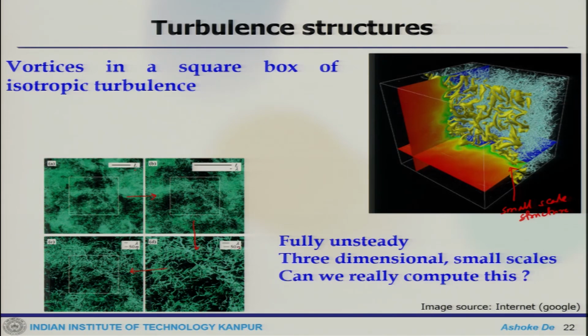This is L and lambda, and eta. These are some sort of scales which are used in turbulence, and we will discuss these things, but when you go to lambda or eta, these are the limits of small scale and defined by different scientists. This is the Taylor length scale, this is the Kolmogorov length scale, and this is an isotropic box, and if you zoom in these pictures you can see which is quite unsteady in nature. This is truly 3-dimensional, and they do have a lot of small scale structures.